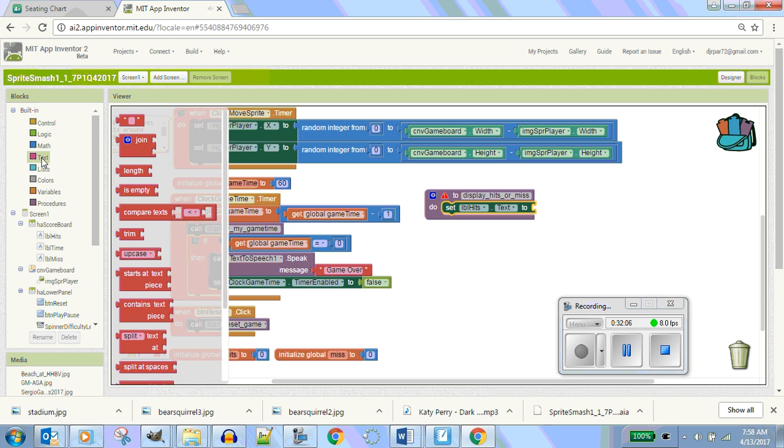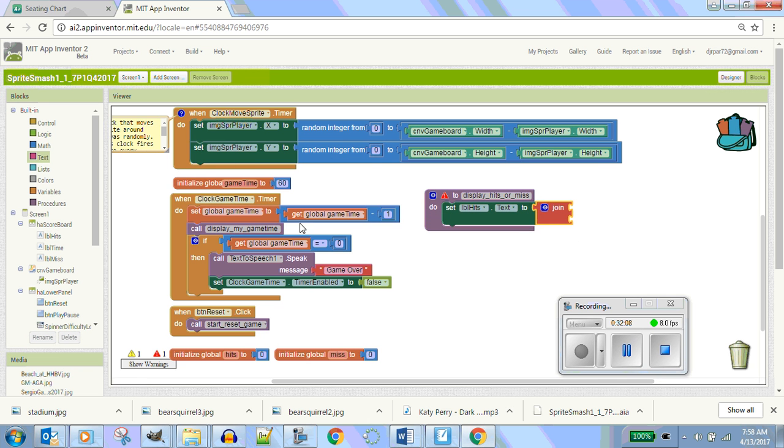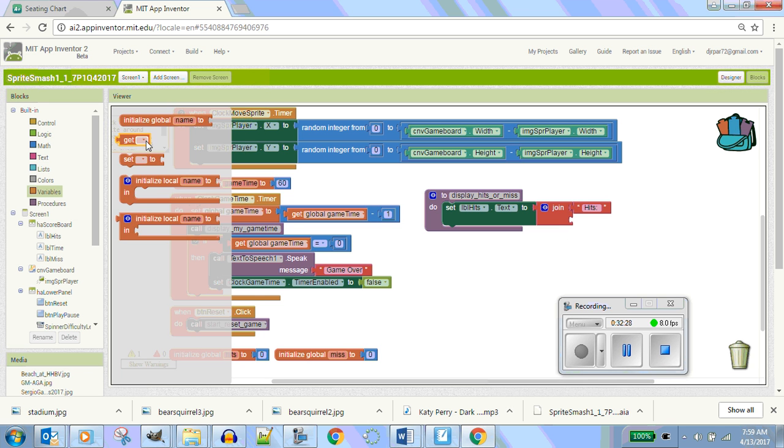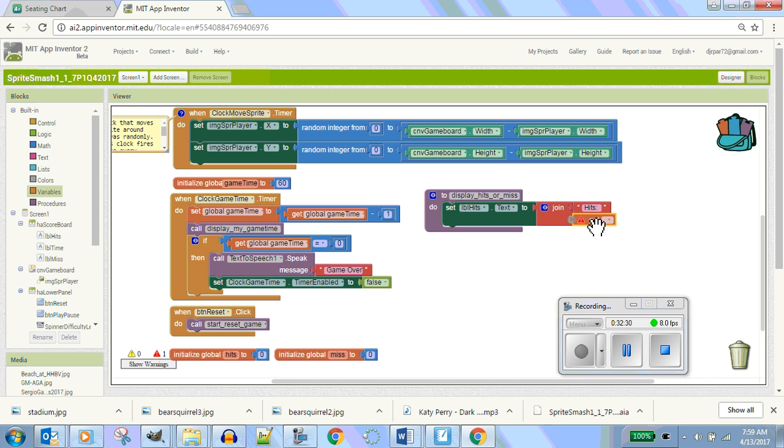And now you go back to a text box and get a join. I've showed you how to do this already this year. And you go back and get a text box again and get a quote, because in the quotes I can put anything I want. I'm going to type out hits, colon, space. Make sure you put a space in there so it looks good. And then down here, there's another piece of the puzzle, and you need your variable. So in there, you can throw in